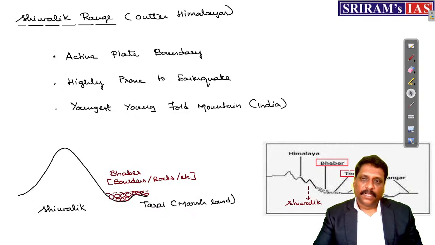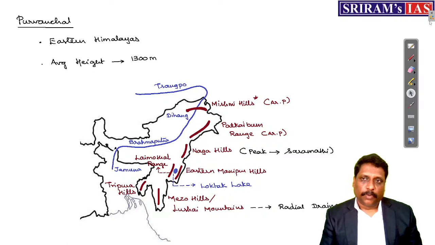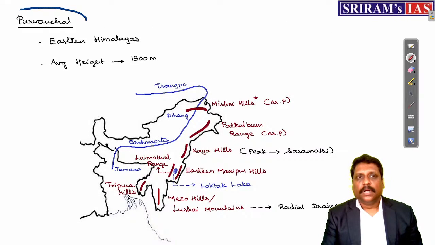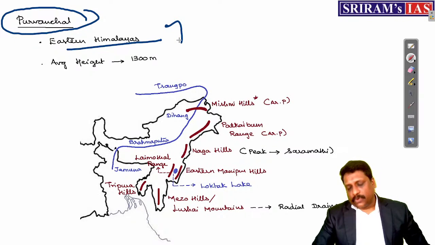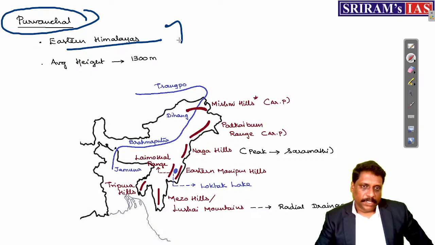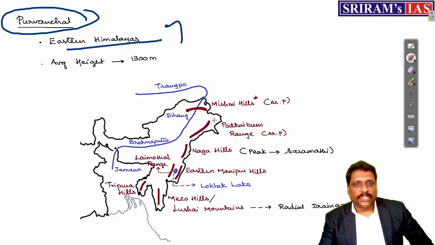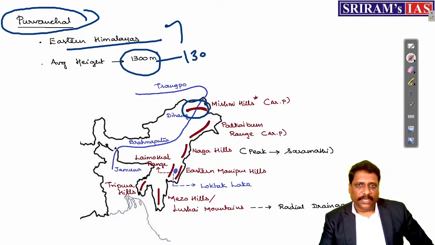Right, my dear friends. Now, further. Finally, when I talk about Purvanchal, all this Himalayas, which is located on the eastern side of river Sangpo or Brahmaputra, collectively you call them as what? Purvanchal. Starting from Mishmi hills of Arunachal Pradesh, right? And all these mountains which are located on the eastern side, you call them as what? Purvanchal. And the average height is not so great, only 1300 meters. Pur means east, or you call them as what? Eastern Himachal, sorry, Eastern Himalayas.